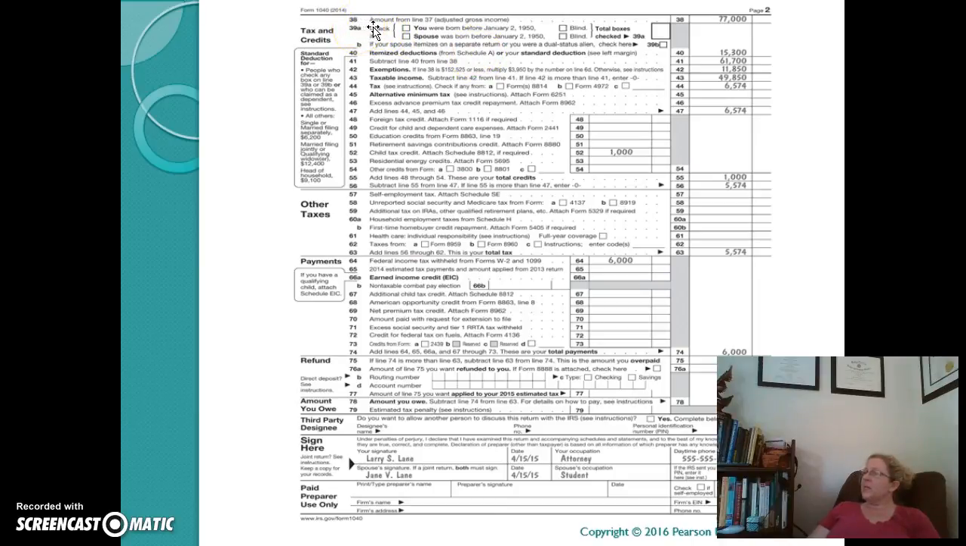Number 39, it says amount from line 37, or I'm sorry, it's line 38. It's very small, difficult for me to see. It says amount from line 37, your adjusted gross income. So you just carry that over to the top of the page 2 of the 1040. And from there, you're going to calculate any taxes and credits that you might have. Here, line 40, you're going to enter in your